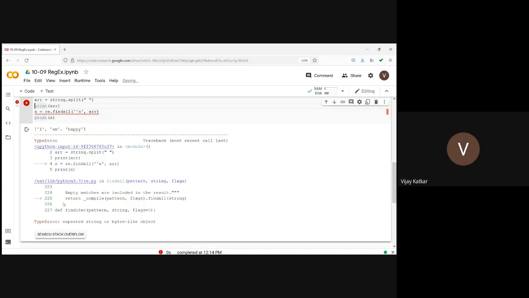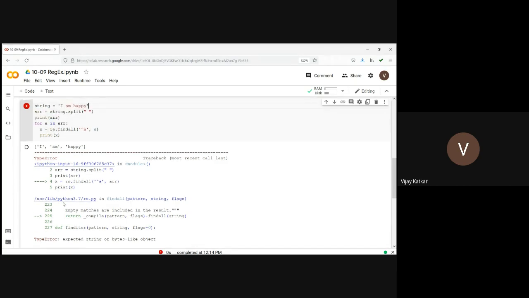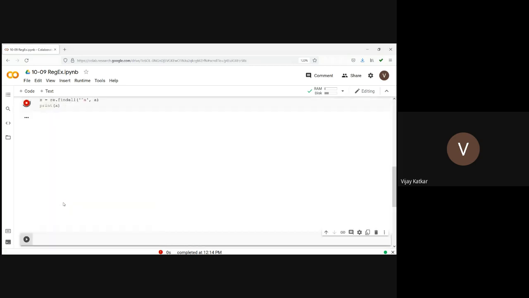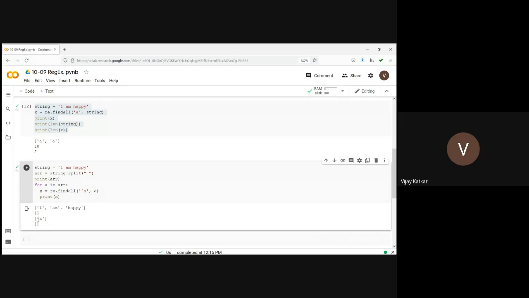No. But now let's say I'm going for something like this: for a in arr, I'm checking find all a, whether a particular word begins with A or not, and that word we have in a. So it is saying empty.